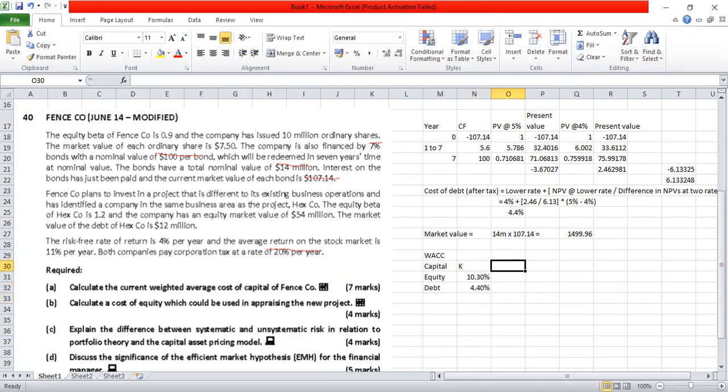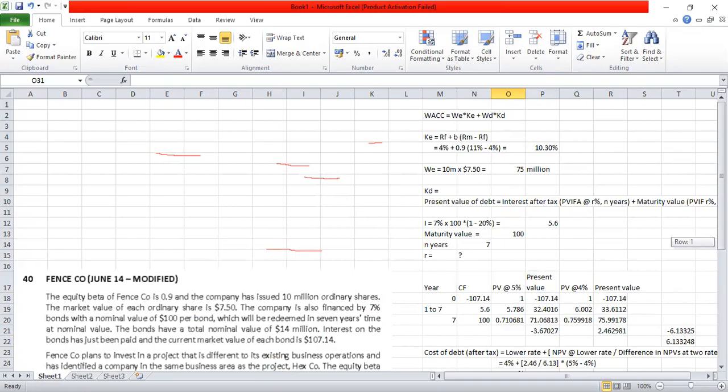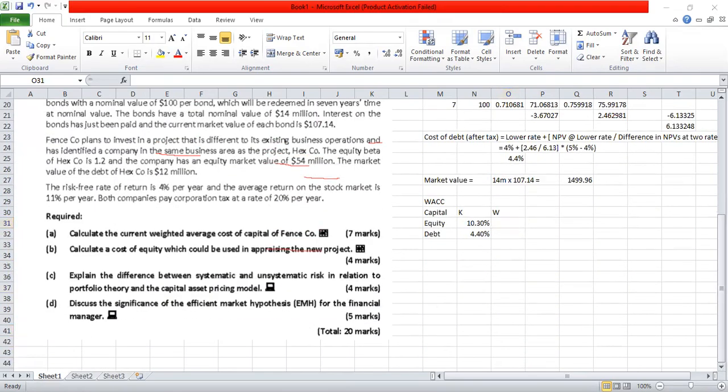Then we also have to take the weights. Equity capital weight is 75 million. For debt capital,